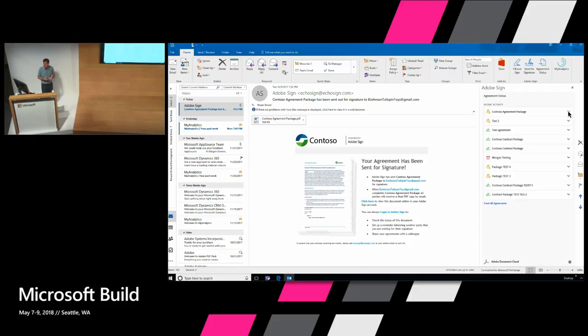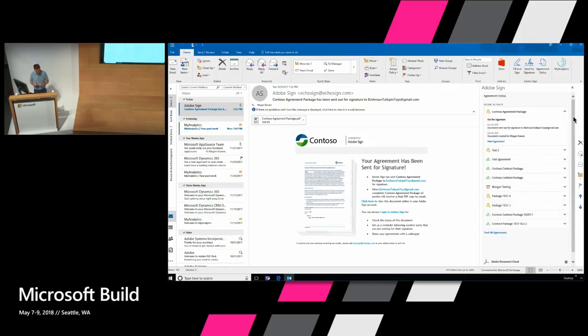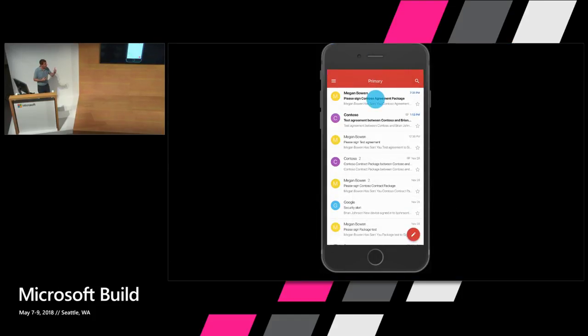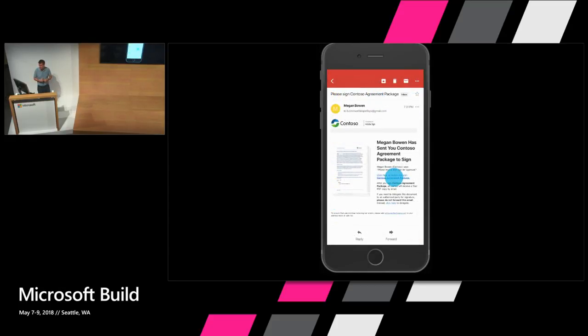for this particular agreement, it's a yellow status. It's still out for signature. Brian has not come back and signed this. We don't have a completed agreement just yet. But we can switch gears here, and let's look at what Brian's experience might be as a part of this workflow. He saw this email that came from Document Cloud, allowing him to click into this particular agreement.